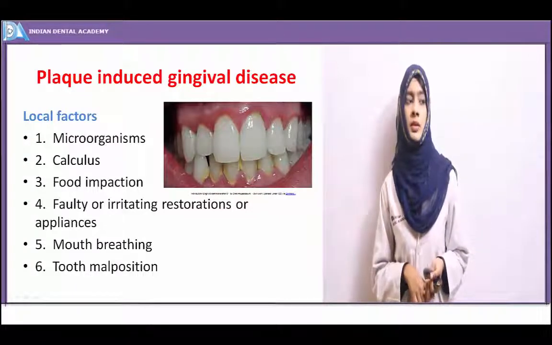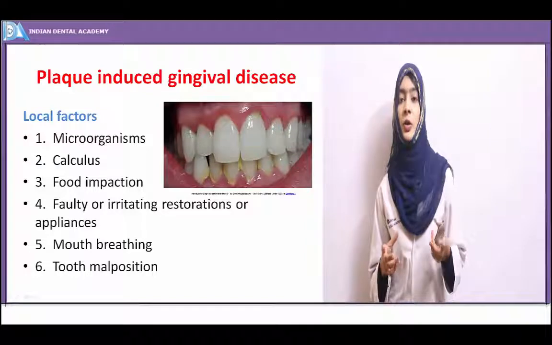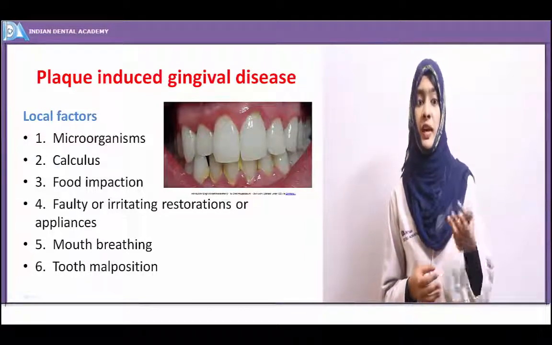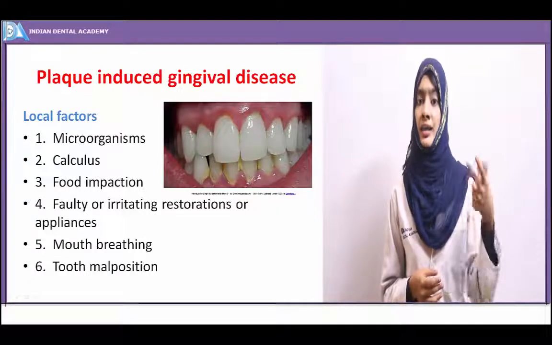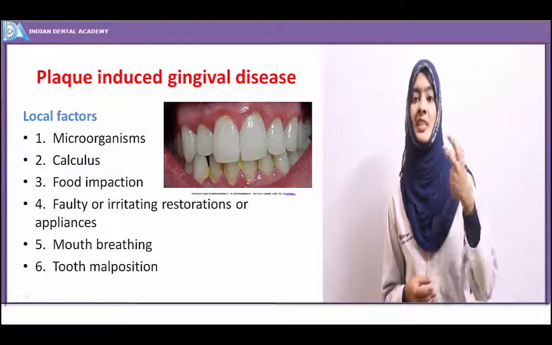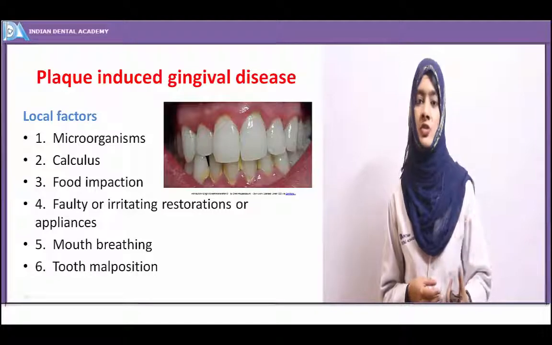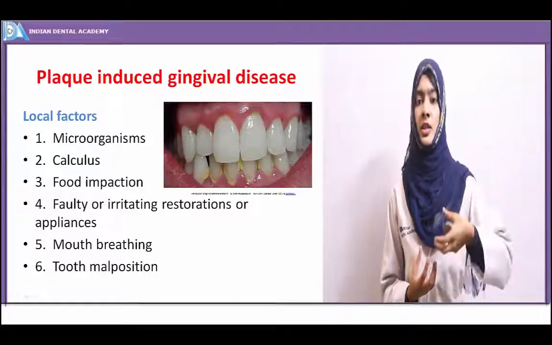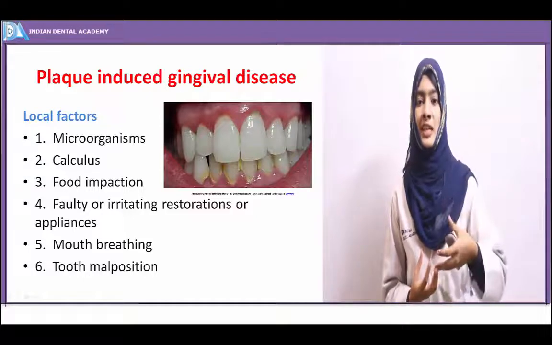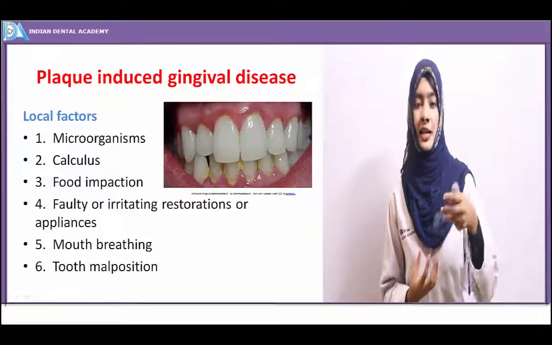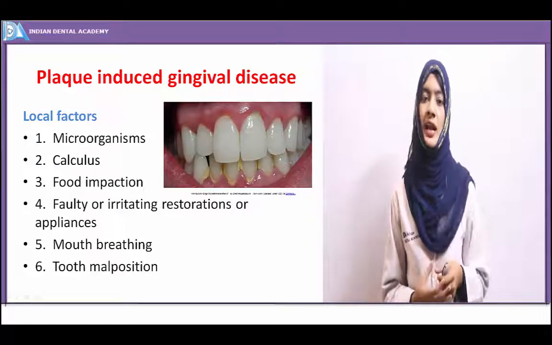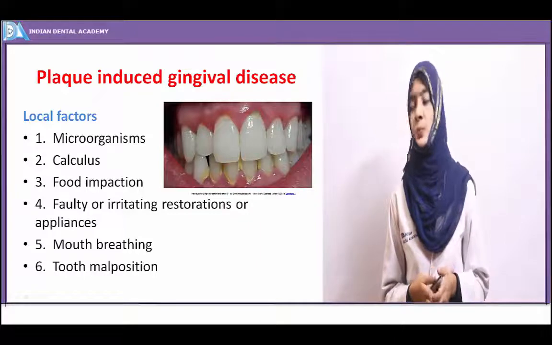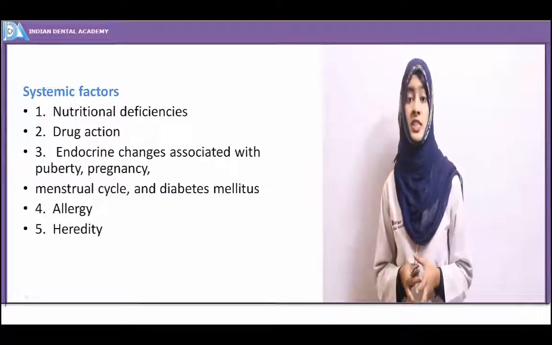Again, we are not all born with 100% good occlusion, right? So whenever teeth erupt in unusual locations, or are malposed or placed out of the physiologic occlusion, they tend to adapt to the masticatory apparatus, leading to excessive forces being concentrated on that malposed tooth, thereby disturbing the underlying periodontium. It's also a source of gingival disease.